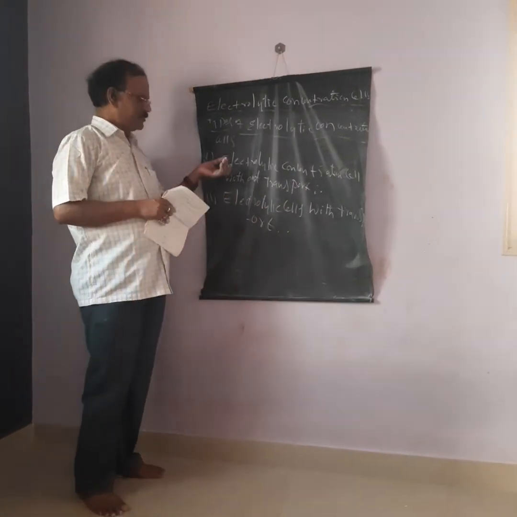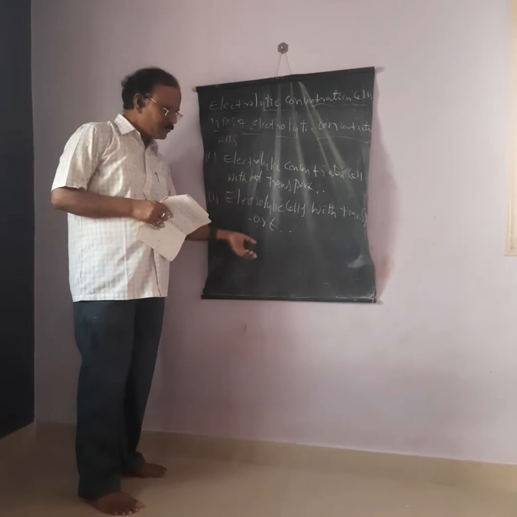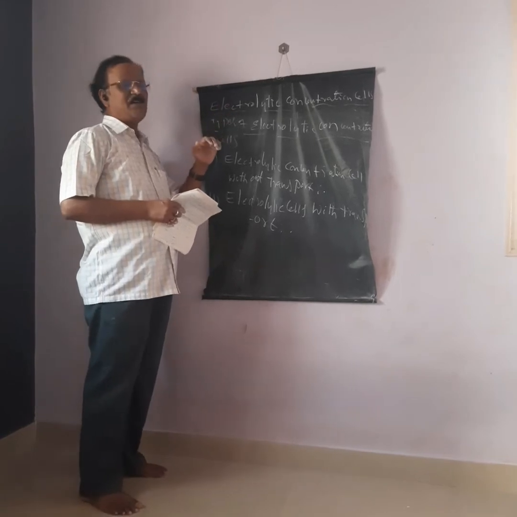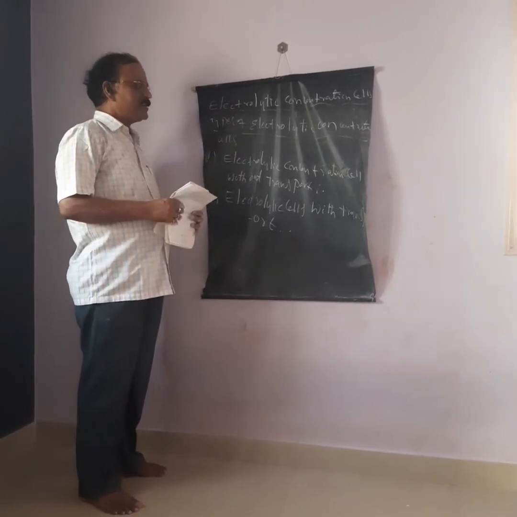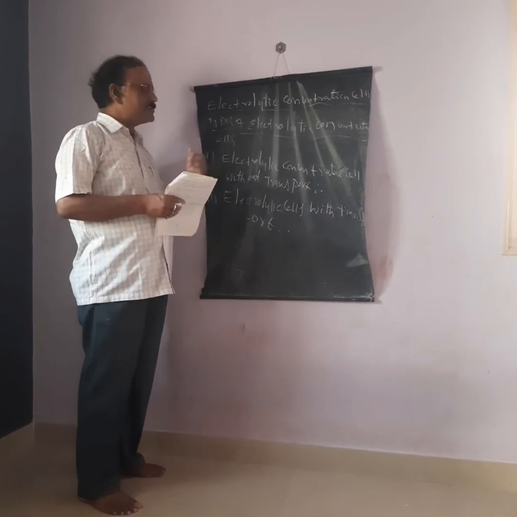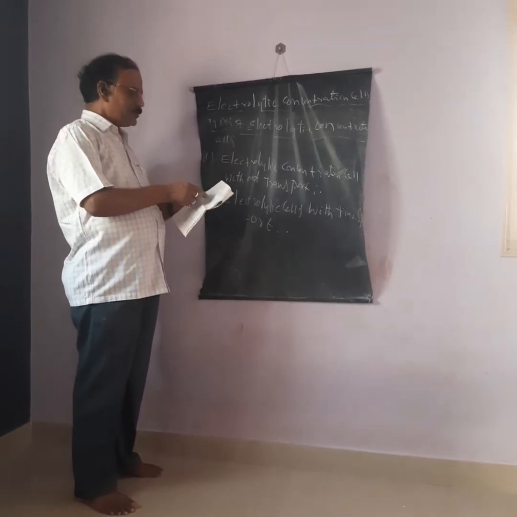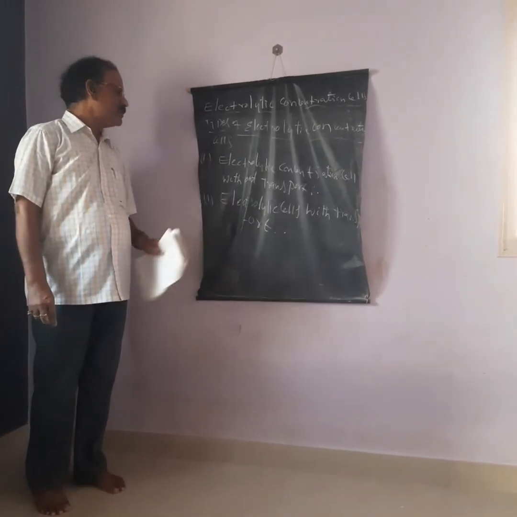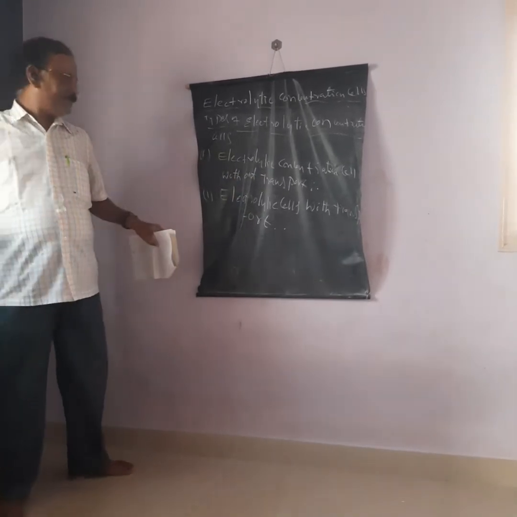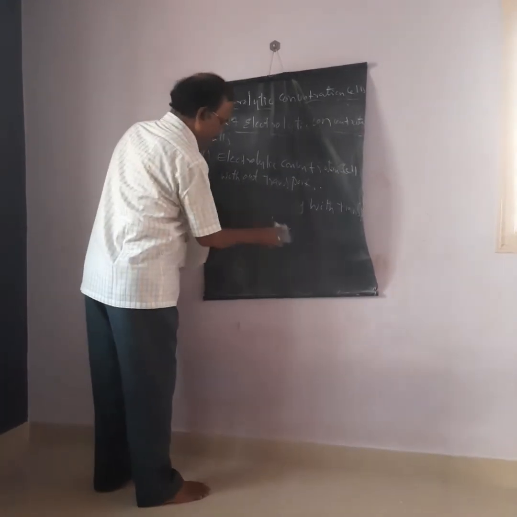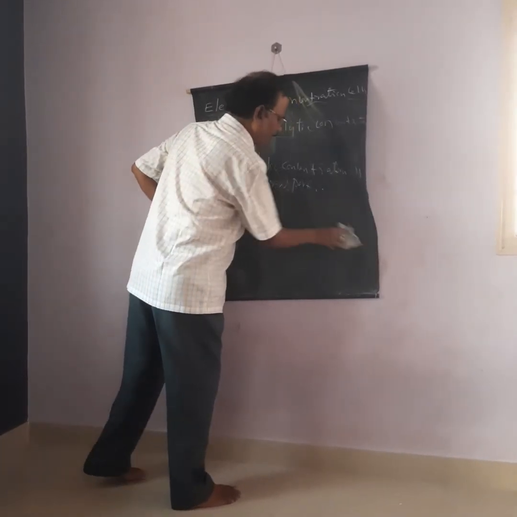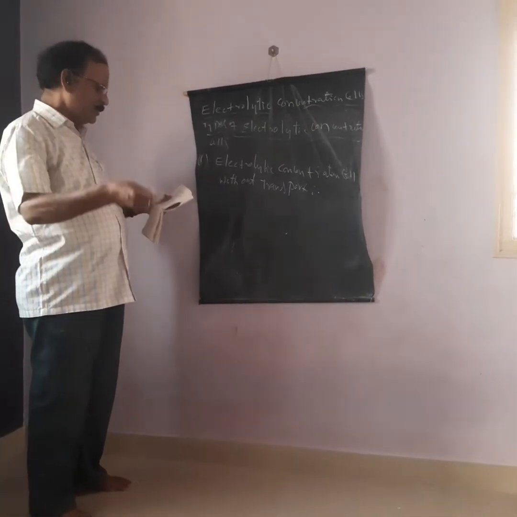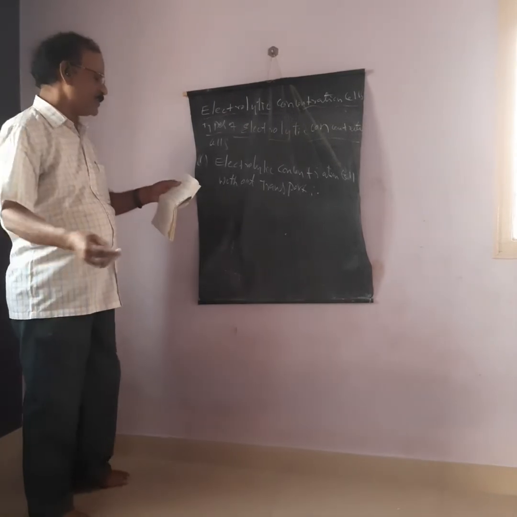In order to understand electrolytic concentration cell without transport and with transport, you can take a peculiar example to understand what is with transport and without transport, or with liquid junction or without liquid junction. So for example, we can discuss electrolytic concentration cell without transport again. First is the without transport.